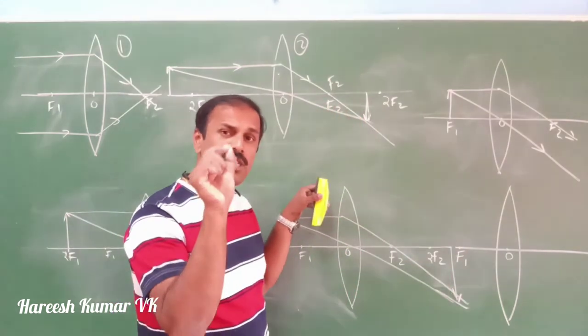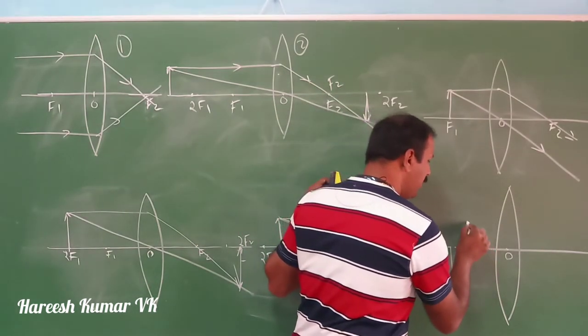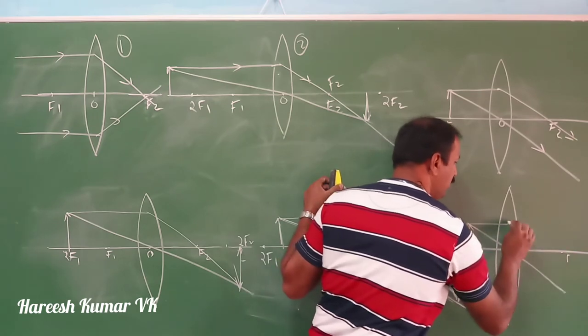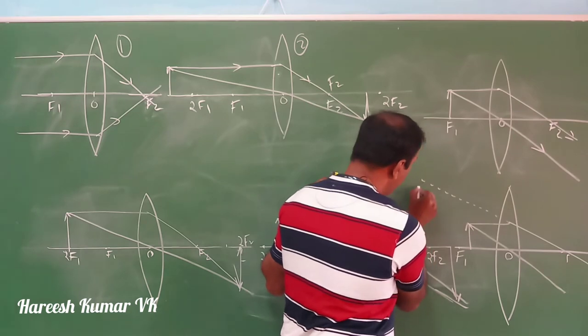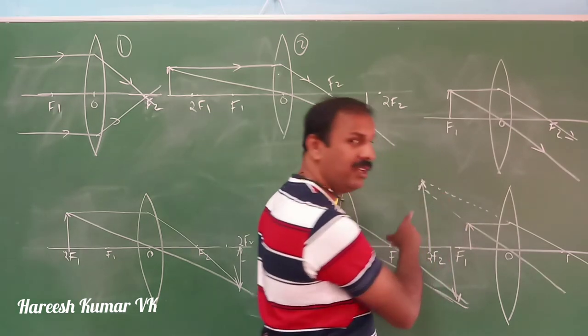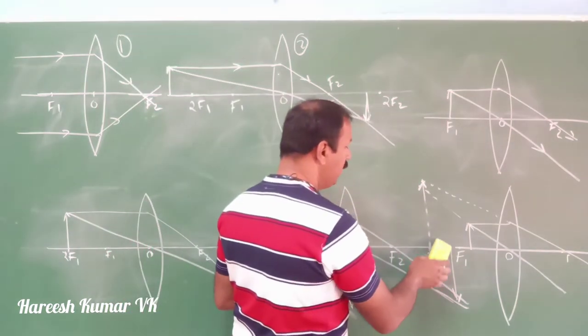Here it is, optic center O and F. So the object is here. So what will happen? One ray will go like this, another will go like this, and here is your F, so it will go like this. Now if you extrapolate like this, these two lines will meet at a particular point. There you will get a virtual image. So in this case the image will be a virtual image.